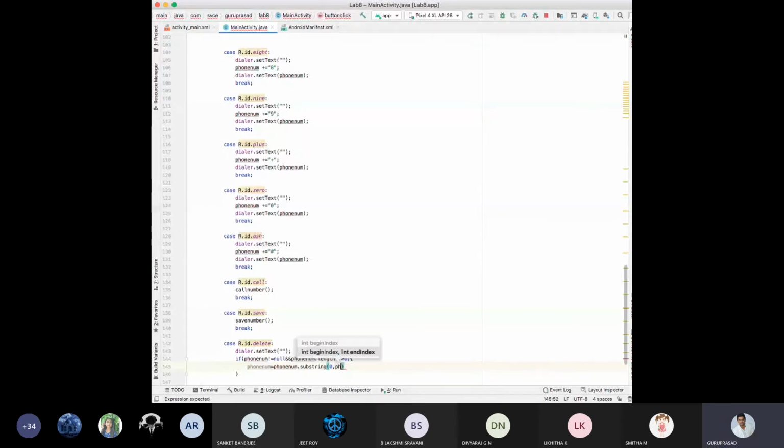I'll repeat it once again. Initially it should set text as null. If my phone number is not null, something is there, 9844 is there. If length is greater than 0, yes, there are 4 digits, then phone number substring should happen 0 comma phone number length minus 1, 0 to length. 4 is there, so 4 minus 1 means 0 to 3 it should happen.